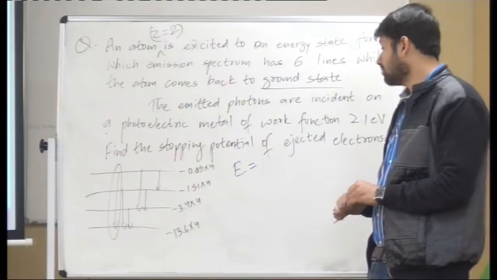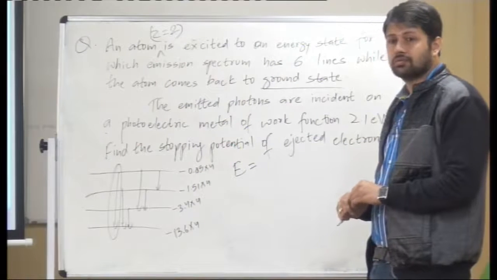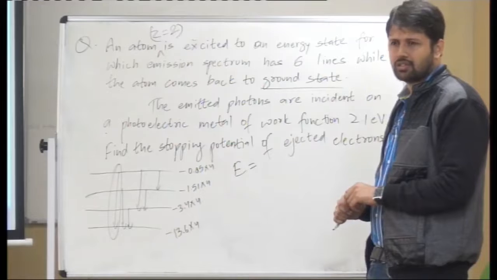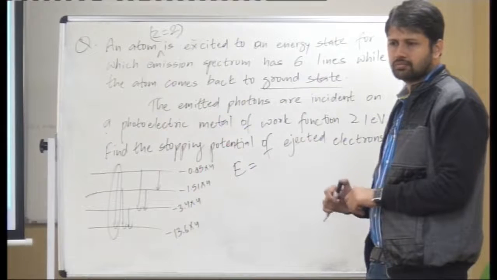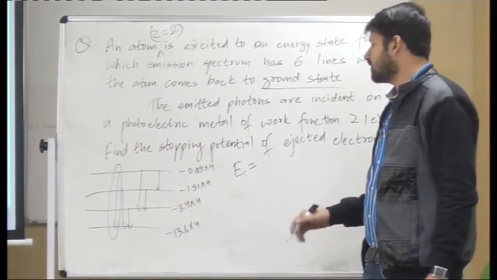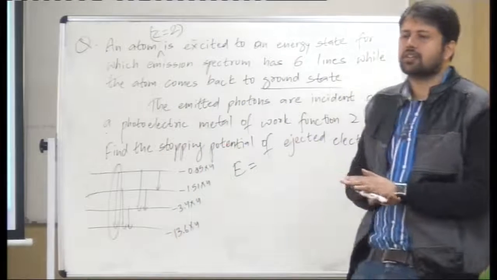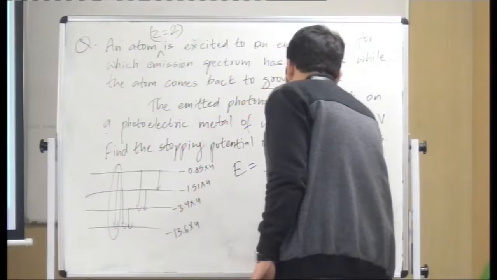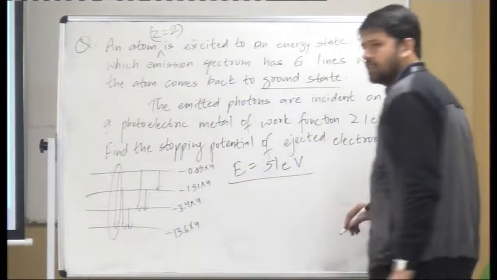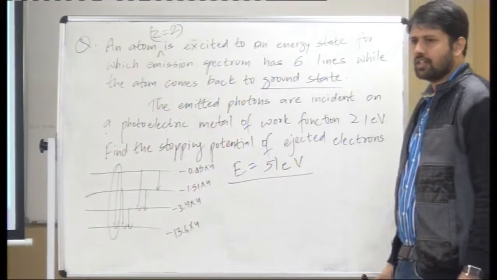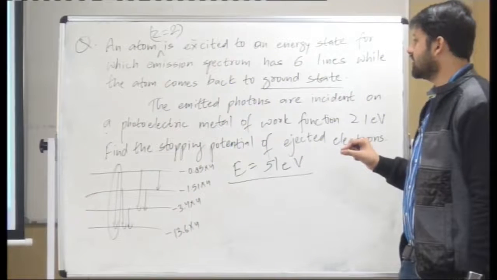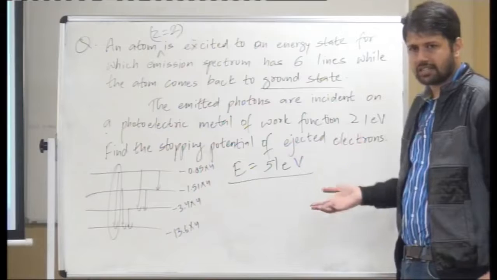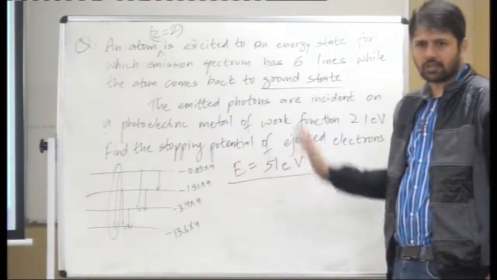कितना होगा? 12.75 into 4, ऐसा ही कुछ हो रहा है? 12.75 into 4, 51. This would be 51 electron volt. Okay, 51 electron volt. The photons of energy 51 electron volt or lesser, because there are 5 more type of